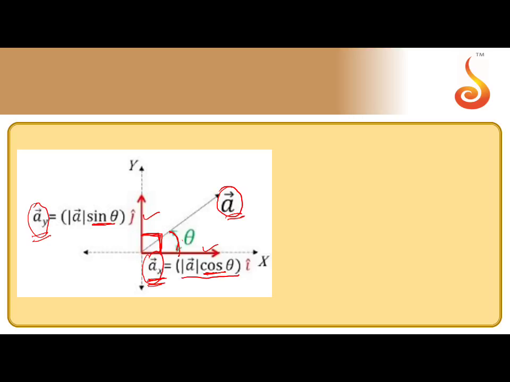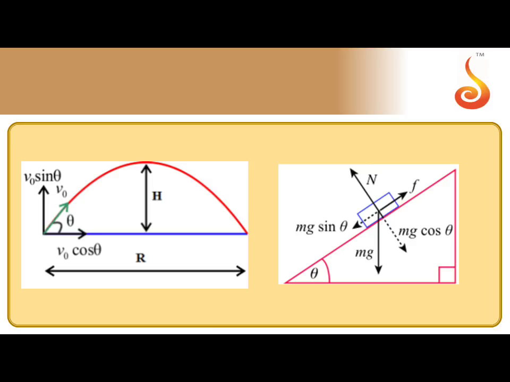Sir, where is this used in physics? Let's take, for example, a 2D motion. A projectile, an object, is thrown with some velocity in this direction. As the body is moving along this parabolic path to reach the ground, I want to find the motion of the body along this straight line. So I need to know the velocity in this direction. So I will split V naught into V cos theta along the x-axis and V sin theta along the y-axis.